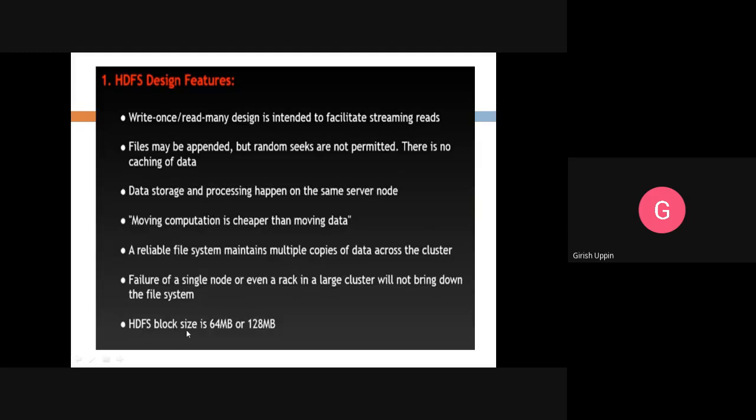And the HDFS block size. By default the block size is 64 MB, but it depends on how much data you want to store. Based on that, it will decide the block size. By default, it is 64 MB. Let us say you have a file of 20 MB, then it will make a block of 20 MB. Or if you have 84 MB, it will make a first block of 64 MB, then the next block of the rest, that is 20 MB.